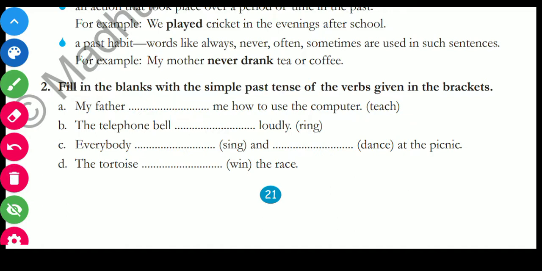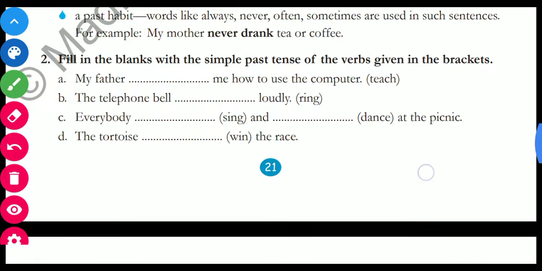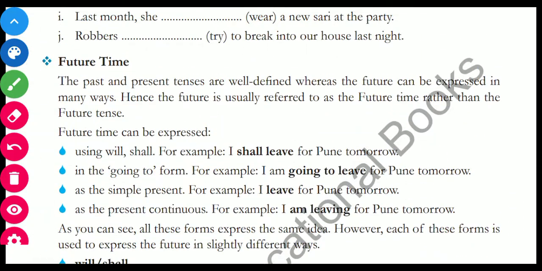Yes, there are few words wherein you can add the ed suffix to a verb to make it a past tense. There are few blanks wherein you can find, so you don't get confused, you can do it. Okay, so now coming to next thing, that is future tense. Okay, that is simple future.